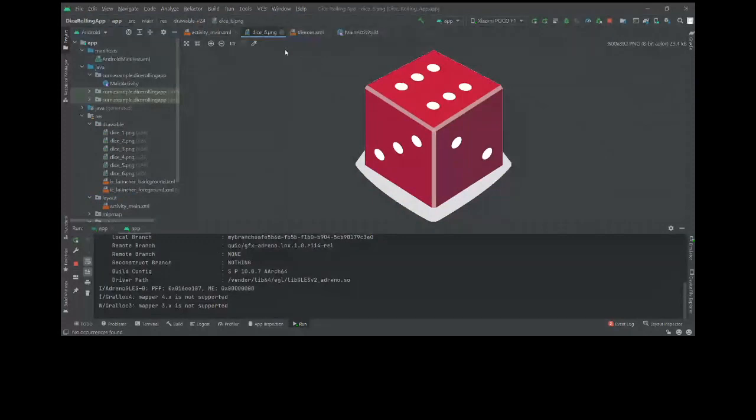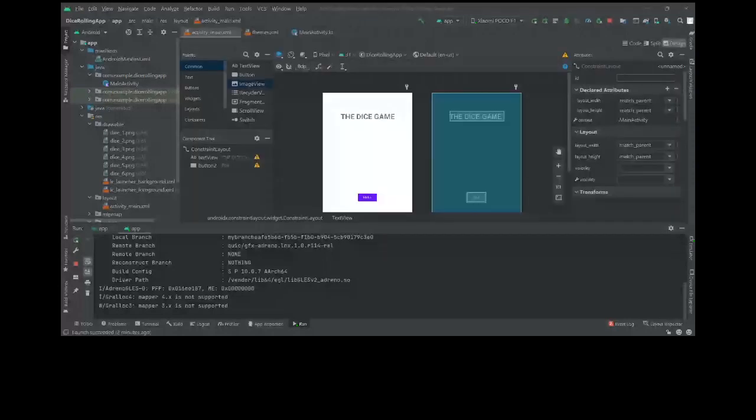One second, I will share the images with you. Let me just, network problem. And dice images, okay.